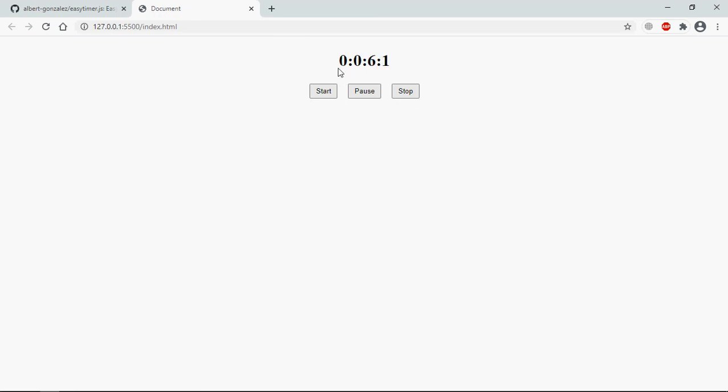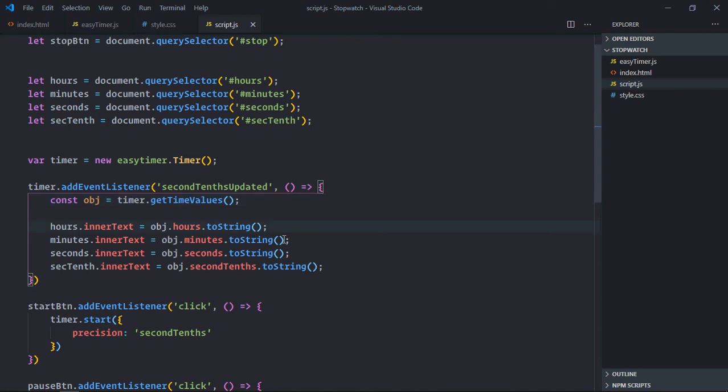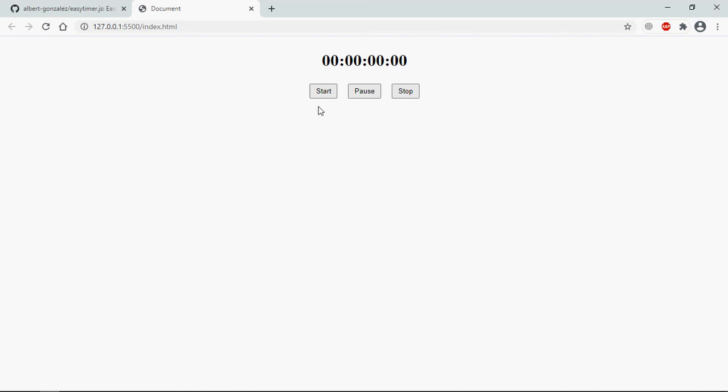Okay, let's go to script file. I will make use of pad start method here. So I want at least 2 digits. If it is less than that, I want to prepend 0 to it. Okay, now just copy and paste it. Save it, go to browser, click on start,